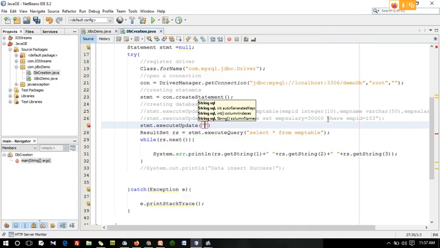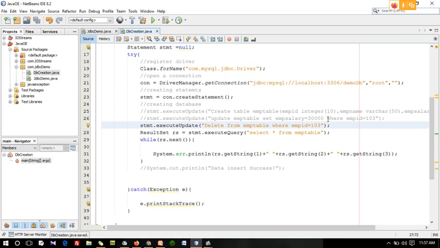In this, what is the delete query? Delete from emp table. You can use the where condition here, like emp ID equal to 103. This is also possible.